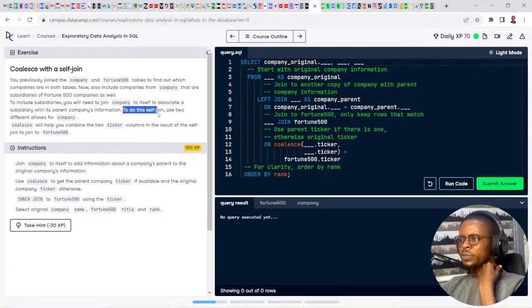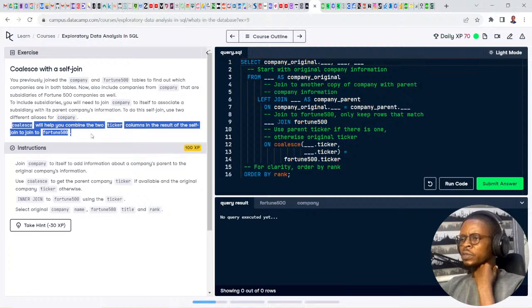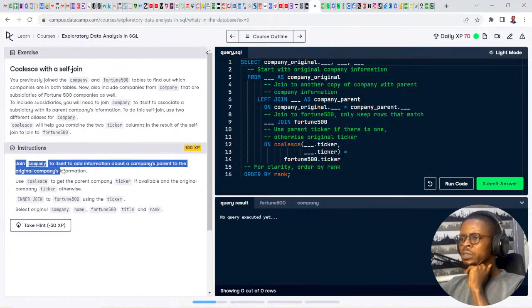To do this self-join, use two different aliases from company. Correlatives will help you combine the two ticker columns in the results of the self-join to join to 4500. It says join company to itself to add information about a company's parent to the original company's information.